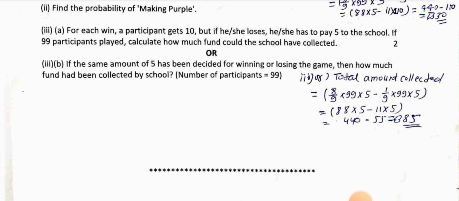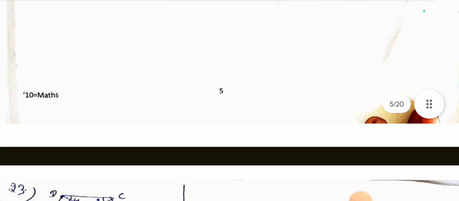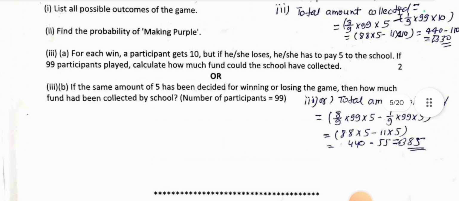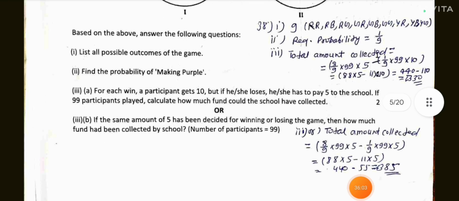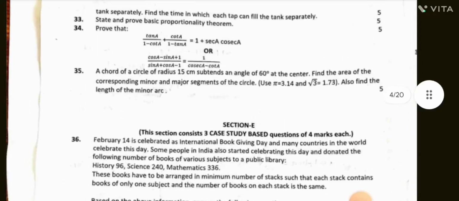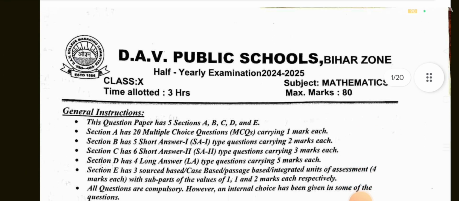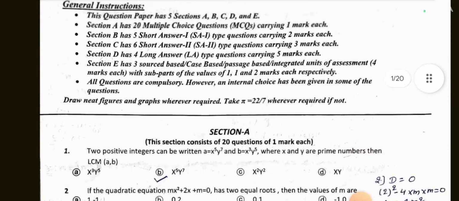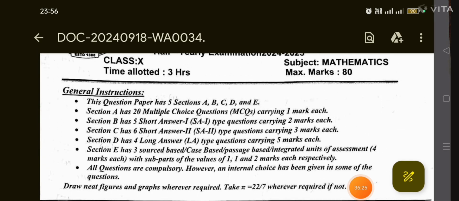It is the 38th question of the case based study. If you read the question 2 times, then you can easily solve that. Otherwise you will face a problem. In this way we have solved the questions of 10th, total 38 questions, a few lengthy type of questions and a few easy type also. Now you analyze that and see what content is given in the question. Okay, thank you.